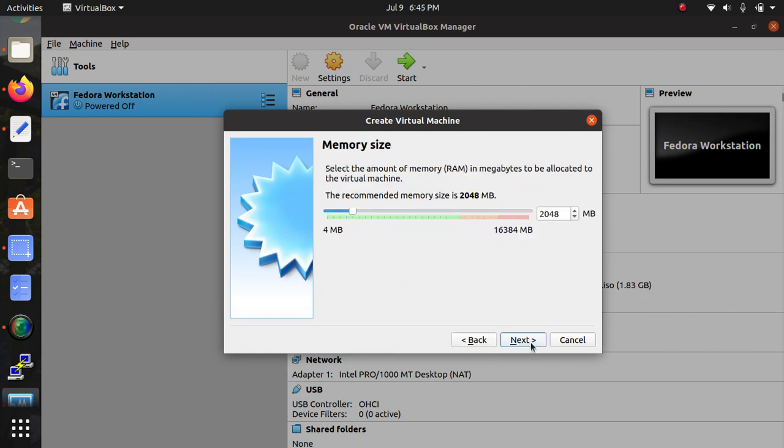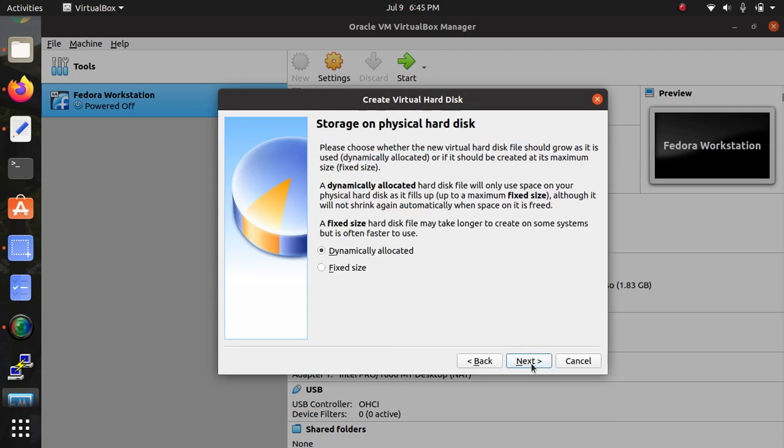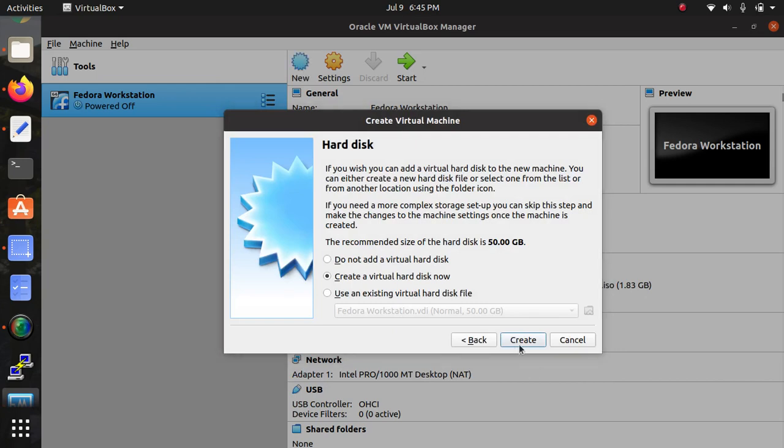Next, assigning the RAM: you need to stay in the green zone. Whatever the green color you are seeing, you need to stay inside it, and not go to orange or red. I'm giving 6 GB of RAM, which is enough for that. 2 GB is the minimum requirement for installation. And for the hard disk size, I'll give 100 GB. Out of 2 TB you can give a size according to your purpose and the hard disk you have. Click on create now.